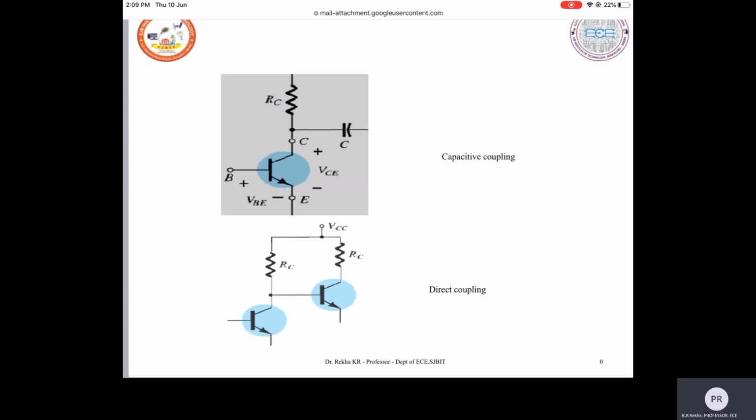A coupling capacitor is used at an output stage in order to couple to another stage of the transistor in figure 1. In figure 2, there is no capacitor or resistance between the collector and base. The output of the collector of Q1 is connected as an input to the next stage Q2. So the question: draw the DC load line. What do you mean by DC load line? We have studied this DC load line already